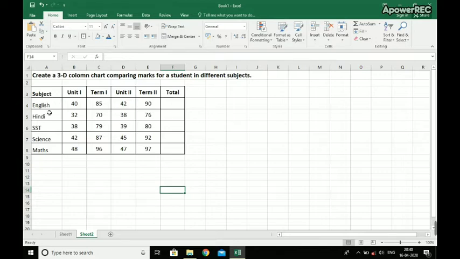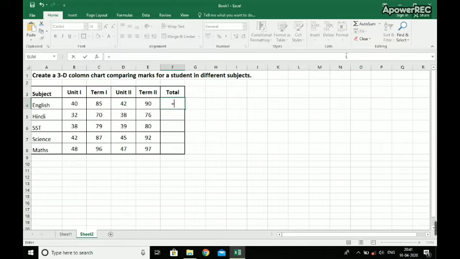So you can see the numbers are given for every subject, for every exam that a particular student has given. Now we have to total it. For example, for English, how many marks he has got in total throughout the exam. So we will use the basic formula. Whenever we are writing a formula, you can see this is the formula bar. We have to start with an equal to sign. Either we are using a formula or a function, we have to start with an equal to sign.